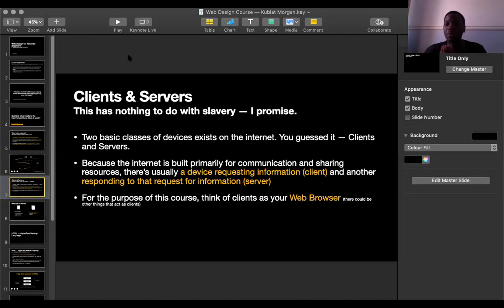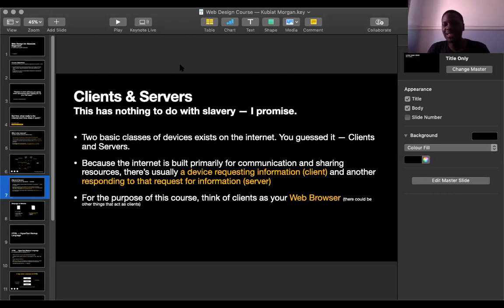Microsoft Word does not make a request. Actually, there are some cases where they do make such requests, but essentially, those applications on your device don't make requests to the server, so they cannot really be called clients, because we defined a client as a device, or application, hardware or software, that requests information.